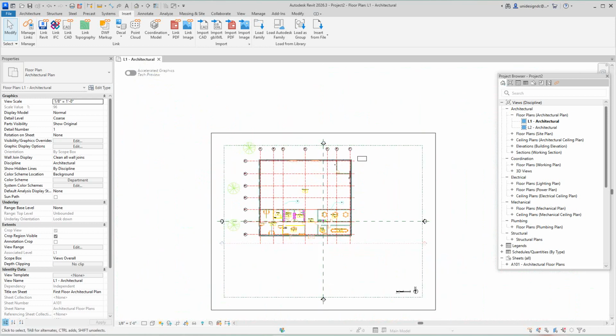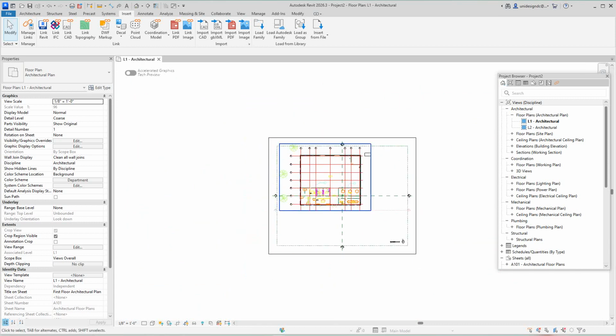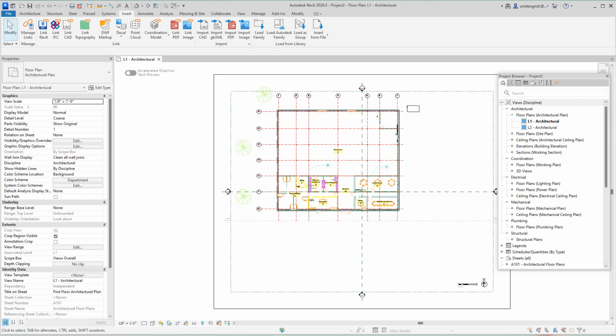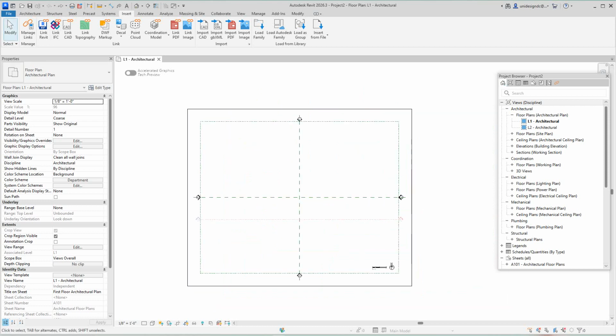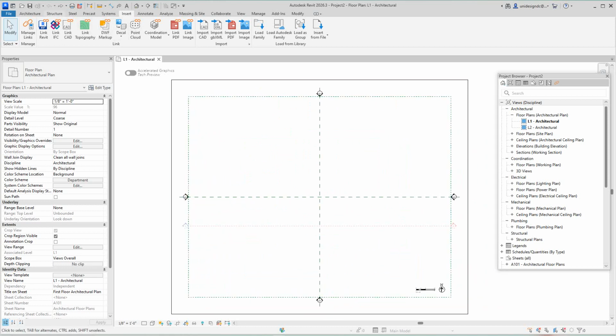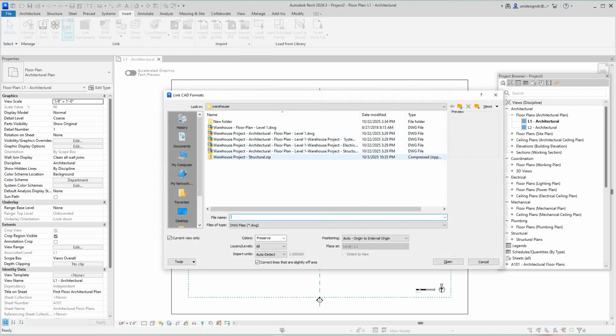Now we can adjust this to move it around. That's normally what you would do in some cases. But here, I'm going to just undo this, which we can do. And I'm going to go back into my Insert tab. I'm going to link CAD again. And this time I'm going to bring that same file in, but instead of origin to origin,